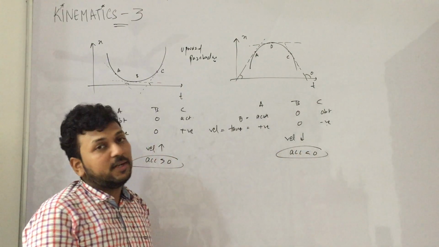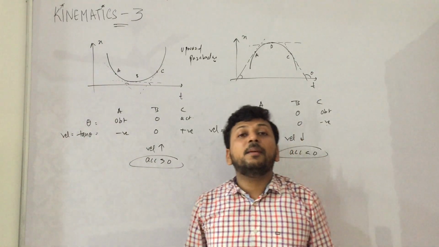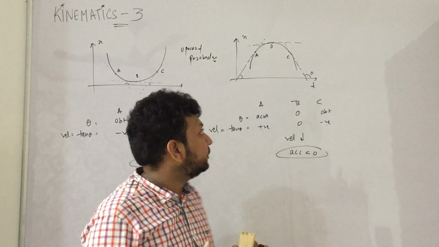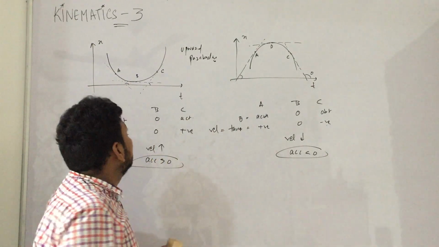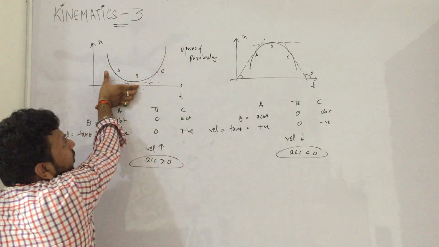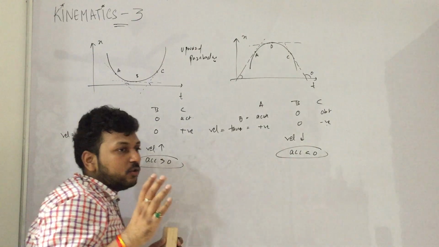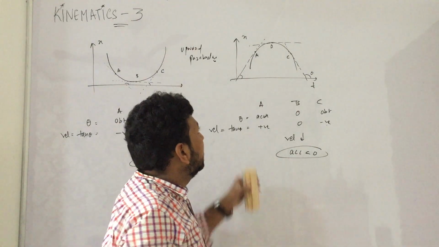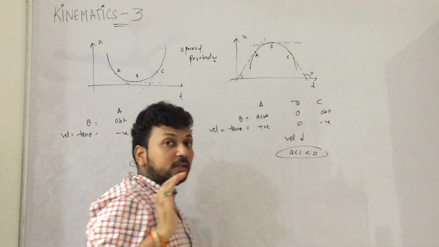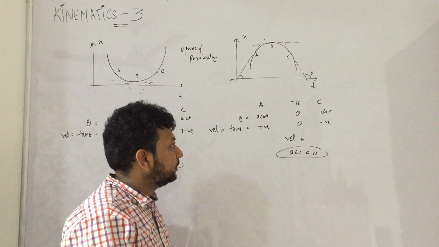That means whenever acceleration is negative, the XT graph will be a downward parabola, and you have seen this in the previous cases also. So in the second case when acceleration was there, we were using this curve, this part. This part can also be used as per requirement, but we were using this part. So whenever acceleration is positive, this part is used. Considering this, we used A to B, this part, when acceleration was negative. Yeah, in the previous cases you can see.